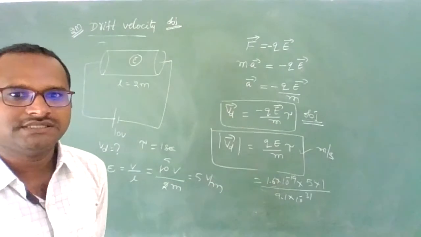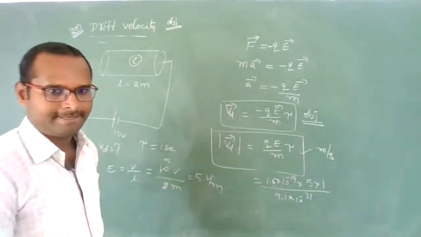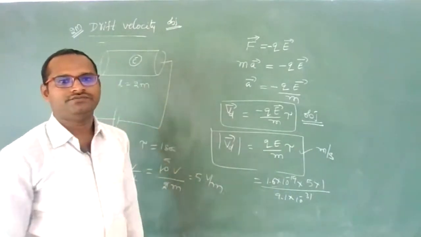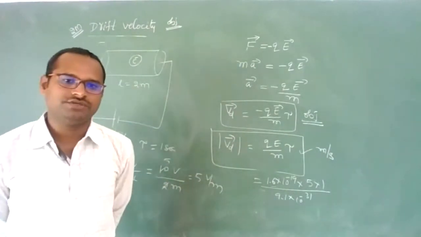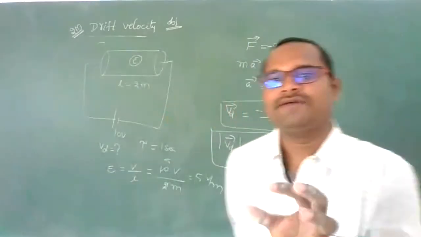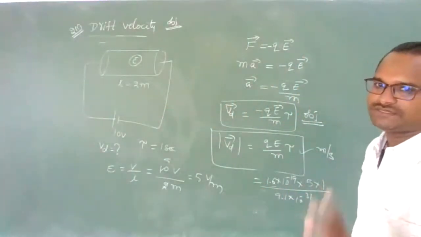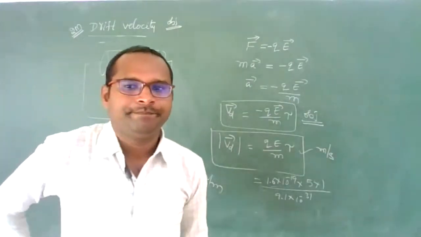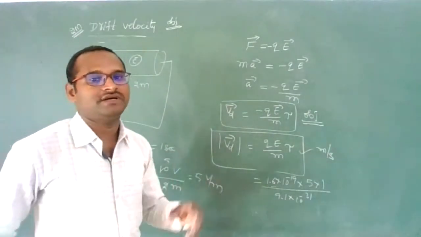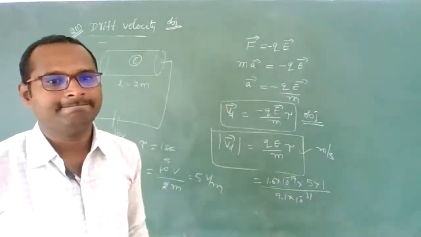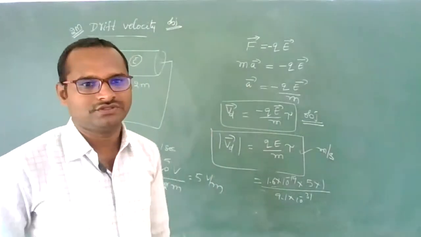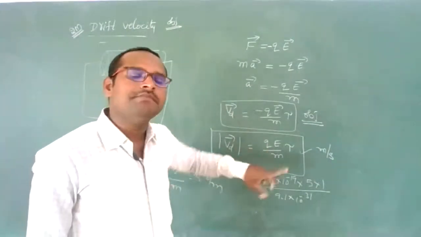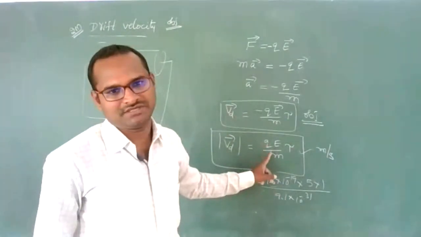Sometimes very simple questions like this you may get. Students, in today's class, these points are very important for your subjective as well as objective questions, and we have discussed some different patterns of simple objective questions. I can be written as dq by dt or ne by t. And to find charge from the current, q is equal to the integration of I dt. All these things you must remember for solving objective problems. And this formula is also very important. We will use this formula many times in this chapter. You must remember this formula.